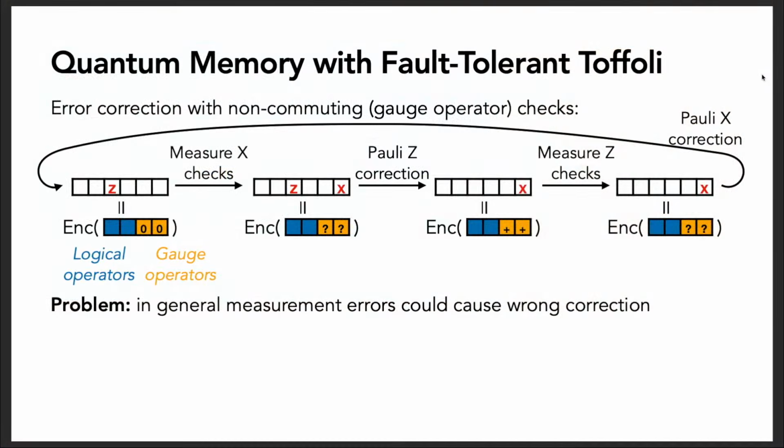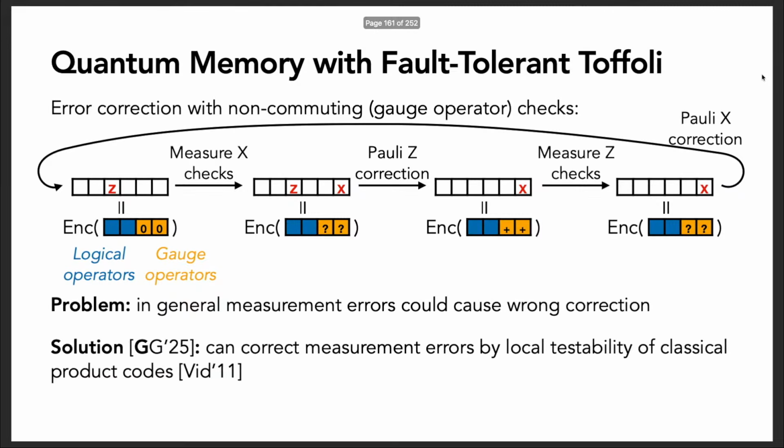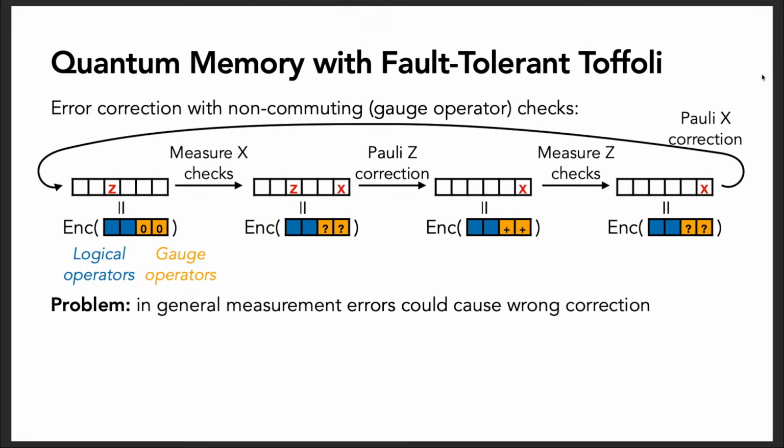Right. So I did claim that the key reason we're doing this is that we'll get very high distance, and there's a couple things we need to do to make sure this memory is high distance, to make sure it can withstand an almost linear number of errors. One issue is the reason that people really like commuting checks, the reason that people aren't doing this sort of error correction very often, as far as I can tell, is because of these measurement errors.